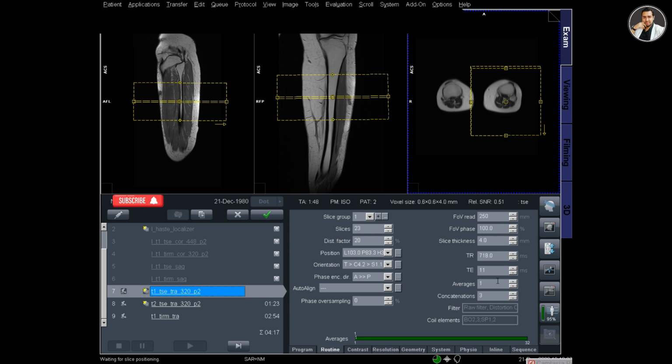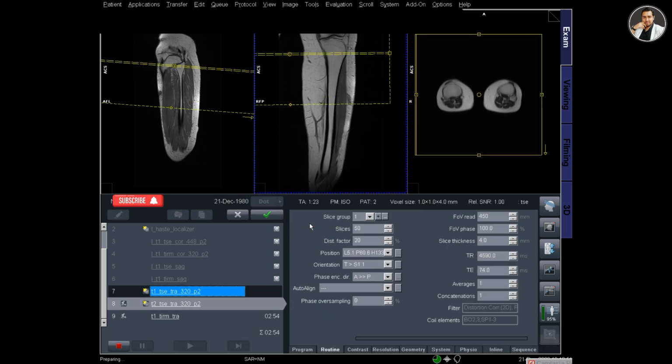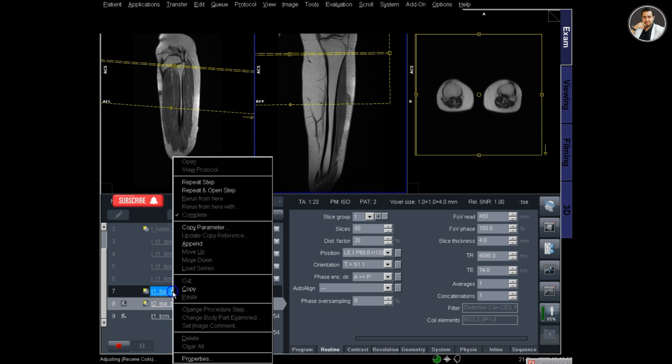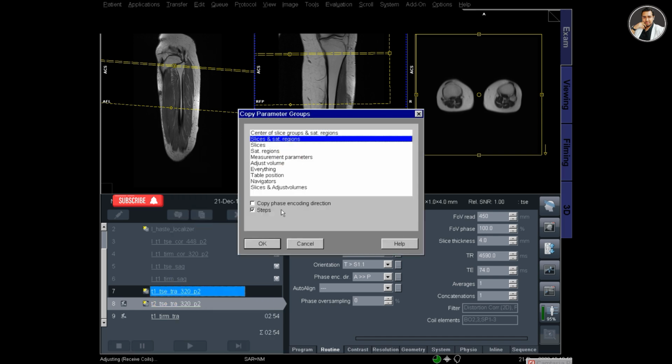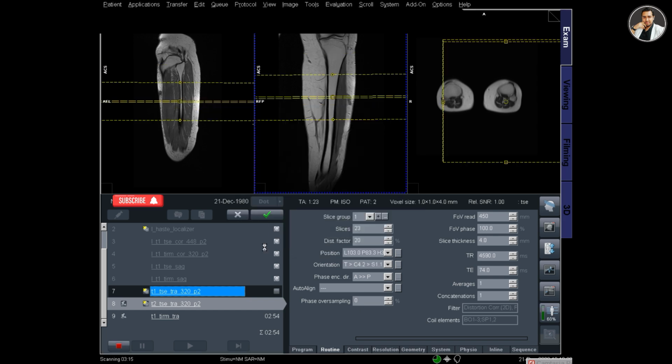I have reduced the averages, I will increase the average to 2. If you increase the average, the signal to noise ratio will increase, and if you decrease the average, the signal to noise ratio and also the scan time will decrease.